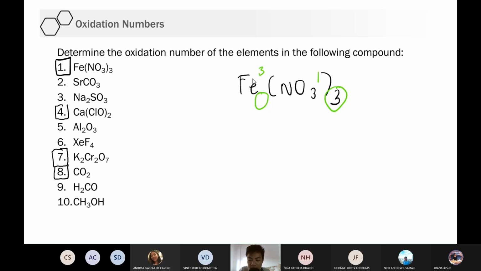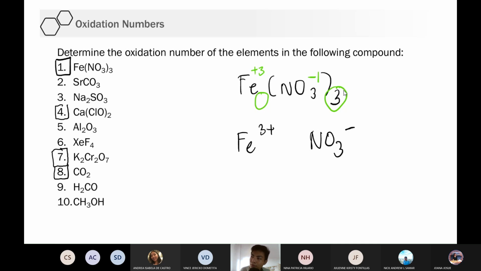Since iron is metal, ibig sabihin, positive charge yan. That means yung kabila ay negative. Okay? So, we just did the reverse crisscross. So, we know that from iron 3 nitrate, the ions are Fe3+, and nitrate ions. Since we now have ions, mas madali na mag-solve for their oxidation numbers. Ginagawa to last semester. So, if nakalimutan, refresh ulit. Okay? Don't worry, i-refresh naman natin yun today. Okay? So, that is the reverse crisscross.